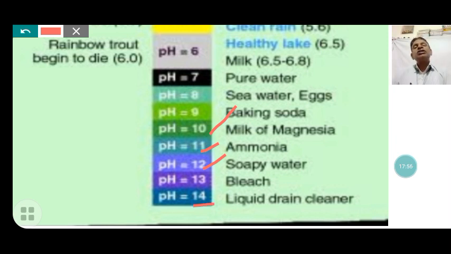Now this is the range of the pH and the different substances carrying the pH value, and very important in the environment, and how the organisms survive in the water. It is measured by the pH scale. If the pH scale is more than the considerable level, then the organism cannot survive in the water. So the pH value may be very important for measuring the pH value, acidic and basic solution in our environment.